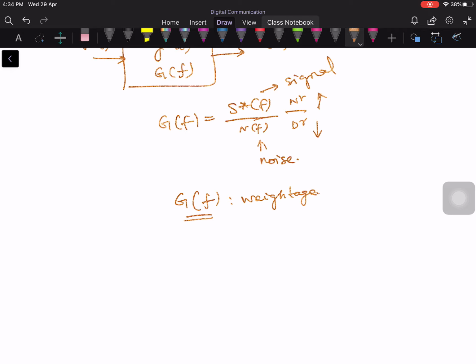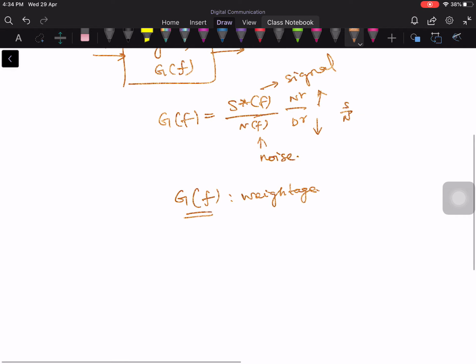That means the transfer function will have larger values at those frequencies where the SNR is large. You can think of this like the signal power and the noise power. It will have small values at those frequencies where the input SNR is poor. So what a matched filter, or a whitened matched filter, is really doing for you is whitening the input signal in the frequency domain according to the signal to noise ratios present at different frequencies.